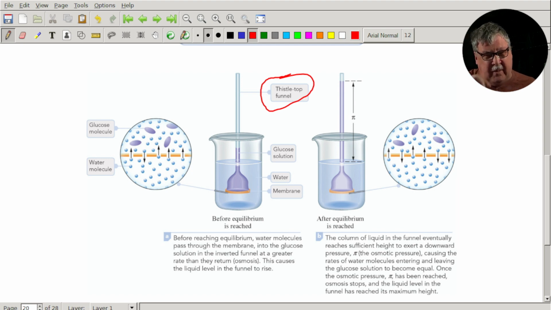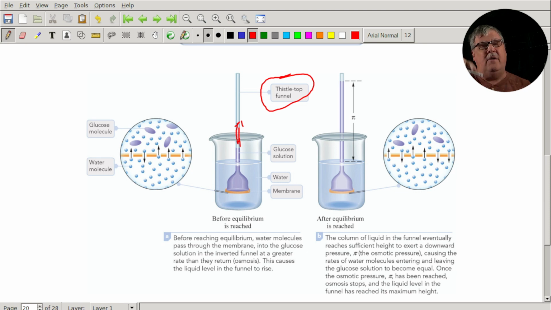And what he did was he covered the top of the thistle tube, the wide opening, with a piece of sheep's bladder, a semi-permeable membrane. And inside the thistle tube, he put in a solution that had red food coloring in it and glucose. And then he dipped it into distilled water. And you could watch the column of the red solution going up the thistle tube. It happened fairly quickly, but then he left it overnight, and we came back the next day into class, and the column had gone way up, about 3 feet.